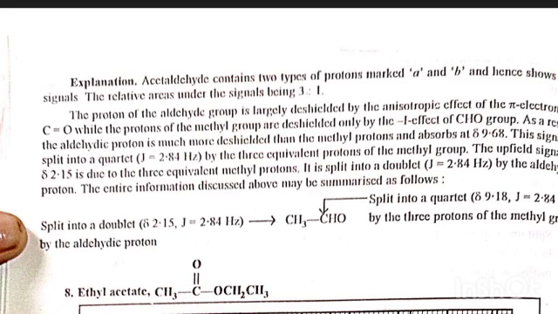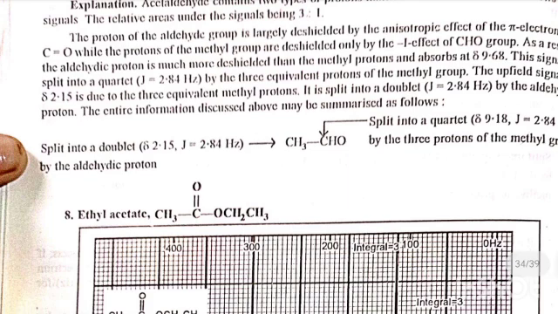Explanation: acetaldehyde contains two types of protons marked A and B and hence shows two signals, the relative areas under the signals being 3:1. The proton of the aldehyde group is largely deshielded by the anisotropic effect of the pi electrons of the C double bond O, while the protons of the methyl group are deshielded only by the -I effect of the CHO group. As a result, the aldehyde proton is much more deshielded than the methyl protons and absorbs at